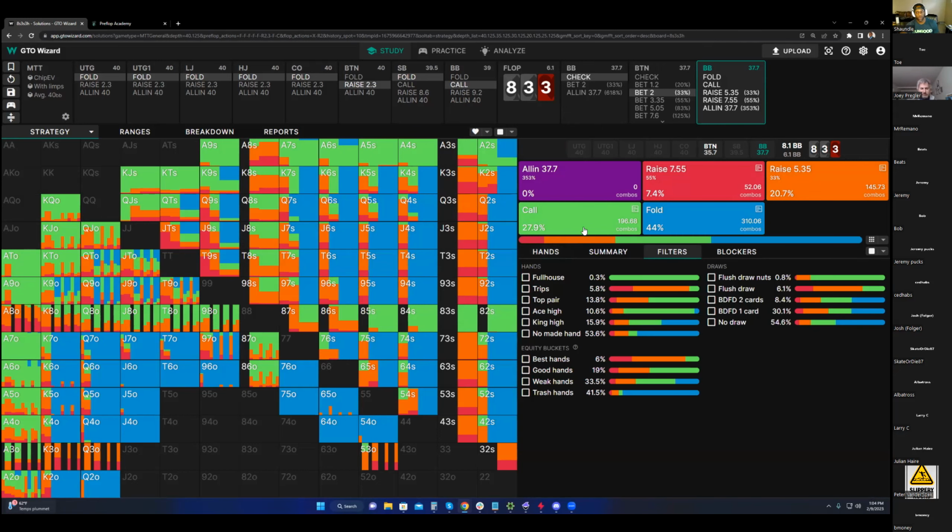I do think it'd be interesting to see what the percentage differences are, but as Six has said, you can pretty much assume that if someone's betting all the time, you can't fold, you should always call. And then,